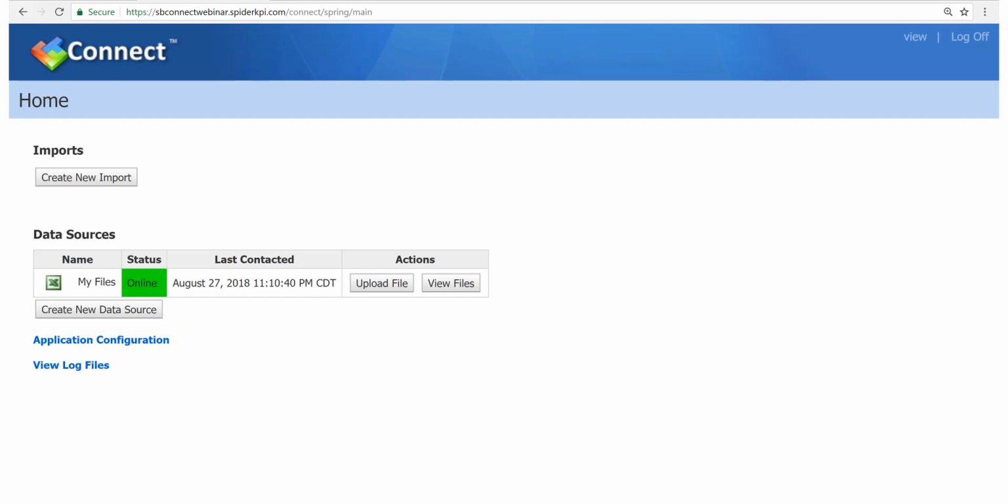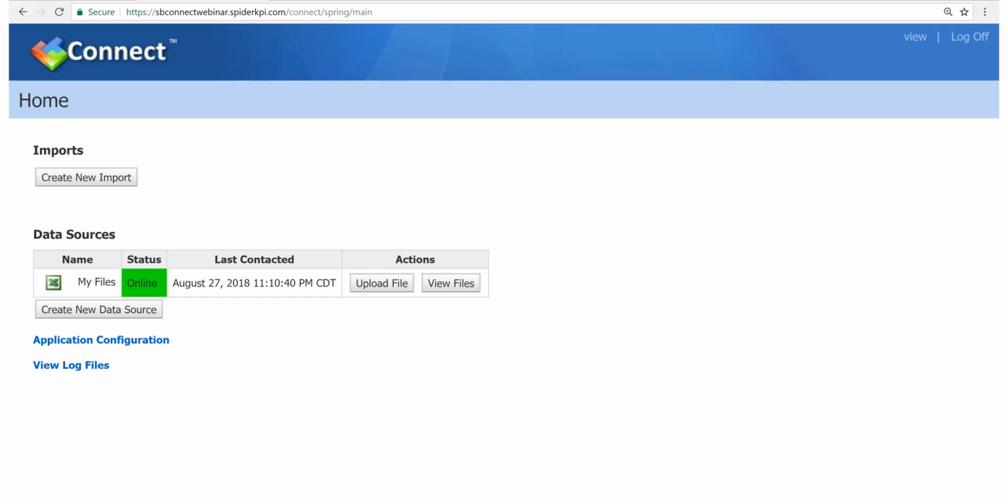And under the data sources, for this class, we're focusing purely on Excel or CSV files as the data source. In next month's webinar, we will be covering other data sources such as databases, SOAP data sources, and so on as potential optional other data sources that you can employ via Connect. But for now, in this class, we're focusing on Excel as the source of the import file for a Connect